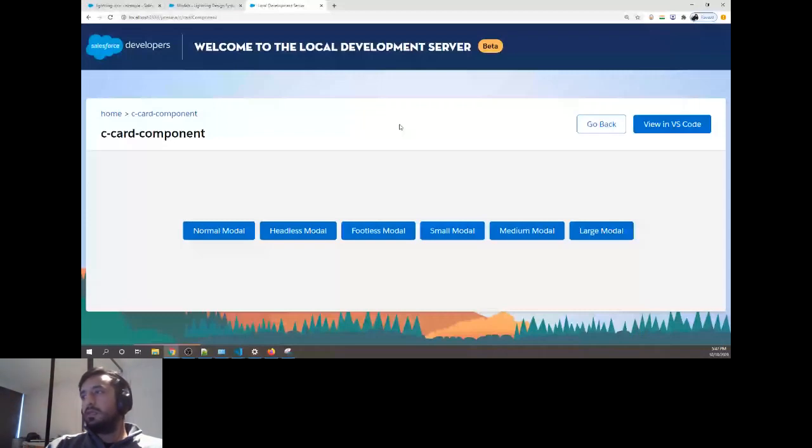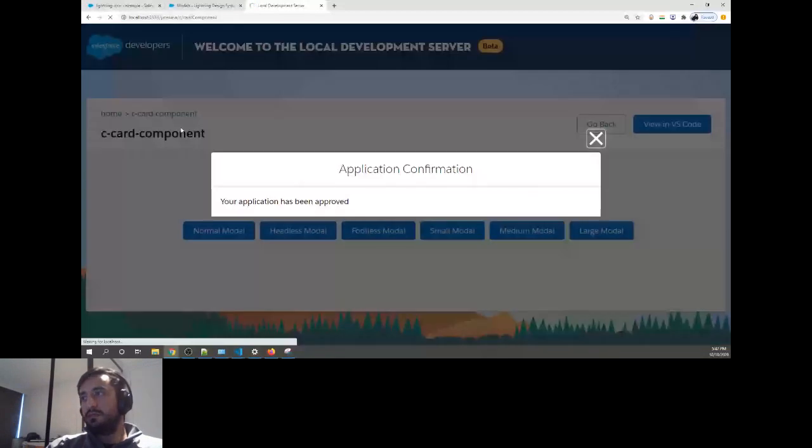So let's refresh this quickly. We have the data for these as well. That is model sizes. You can add that model sizes quickly if you want. Model sizes heading and model sizes body.